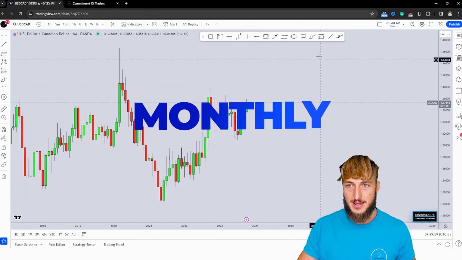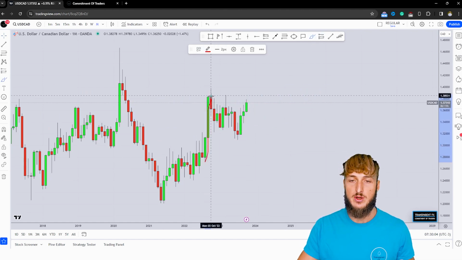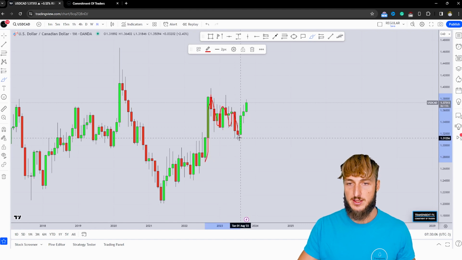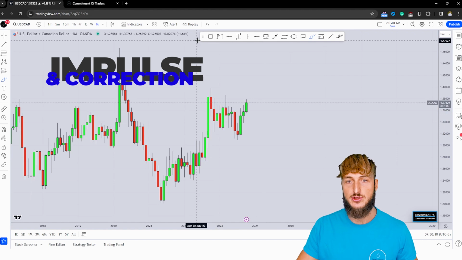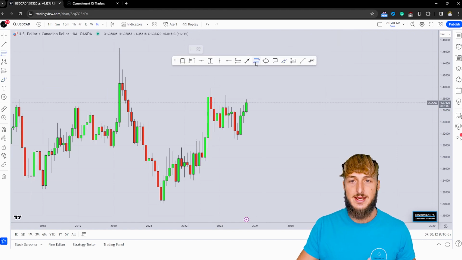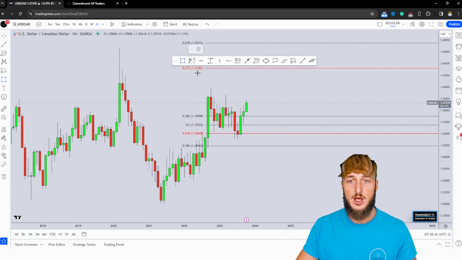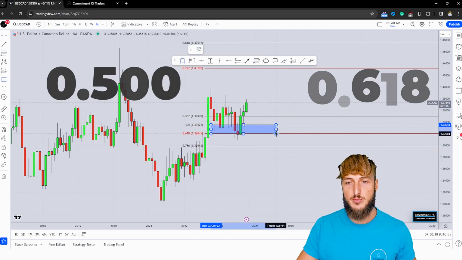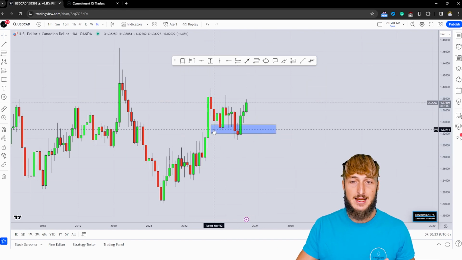Now, starting from the monthly time frame, what we can see is that we just had a very strong impulse to the upside, followed by this complex correction. Now, generally speaking, after an impulse, if you want to measure the correction, what you have to do is take your Fibonacci from the low to the high of the impulse leg. If we do that, we can see how we had a perfect 50% and 0.618 Fibonacci retracements